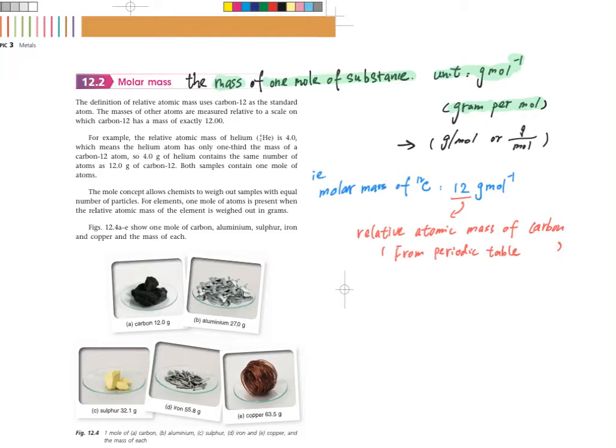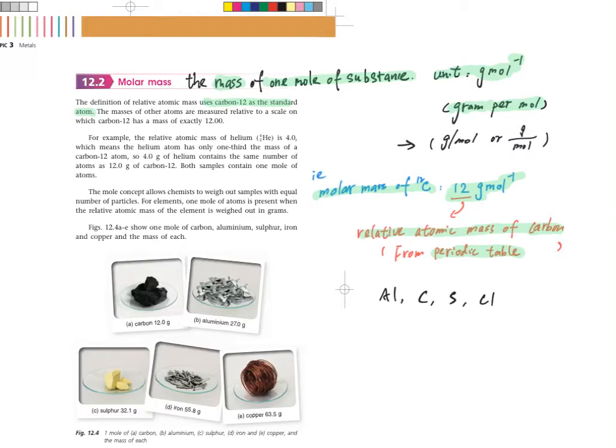So now there's a question: what is the molar mass of carbon-12? Actually it's 12 gram per mole. So where does 12 come from? Actually this number comes from the relative atomic mass of carbon in the periodic table. And for other elements or atoms like aluminium, carbon, sulfur, chlorine, their relative atomic mass can also be found from the periodic table because